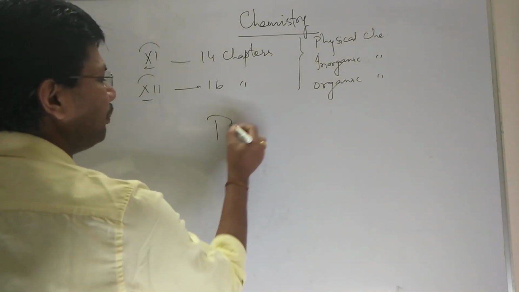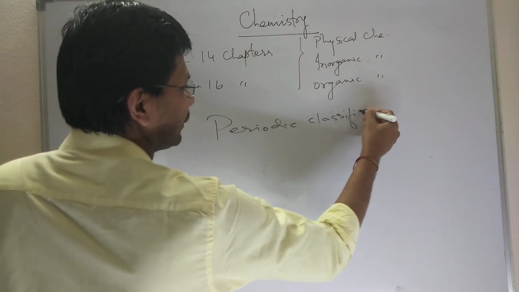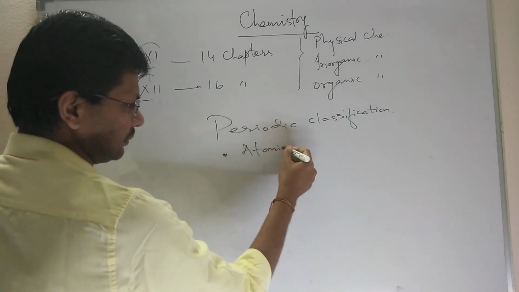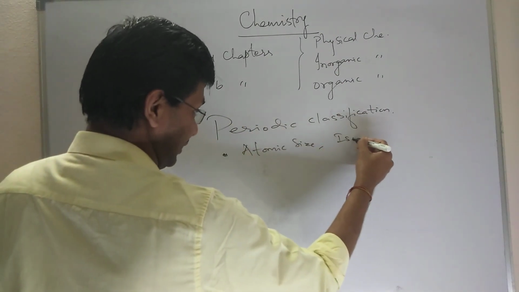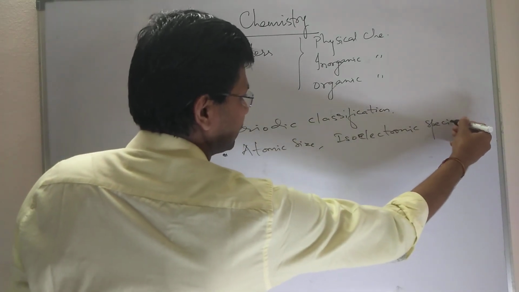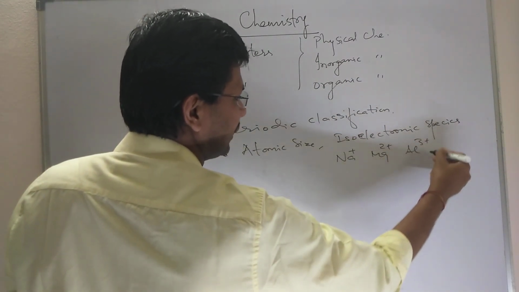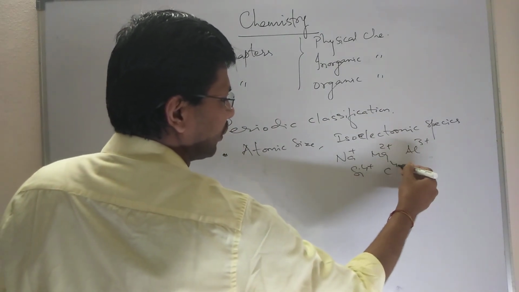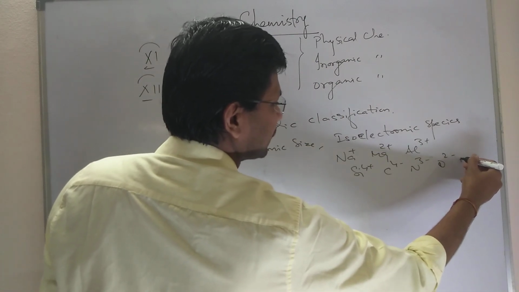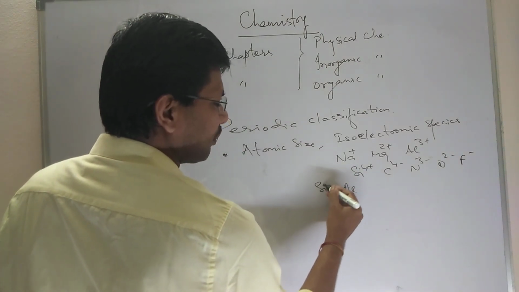Now moving to periodic classification. Here 4 topics you have to master: atomic size, including isoelectronic species. Like if you are asked Na plus, Mg 2 plus, Al 3 plus, Si 4 plus, C 4 minus, N 3 minus, O 2 minus, F minus, which is the largest, you can easily figure out that Si 4 plus will be the smallest,